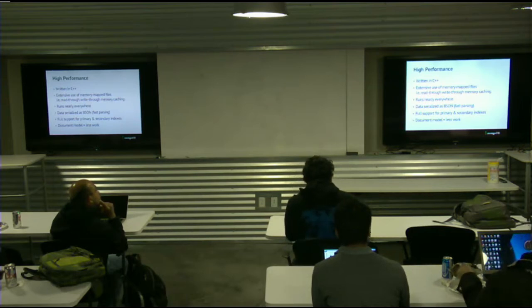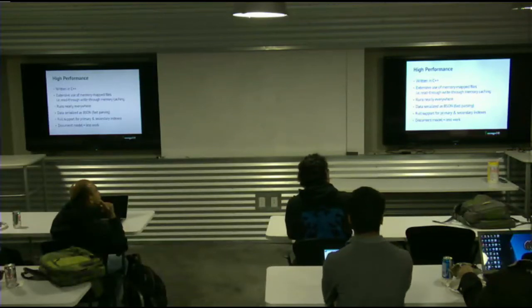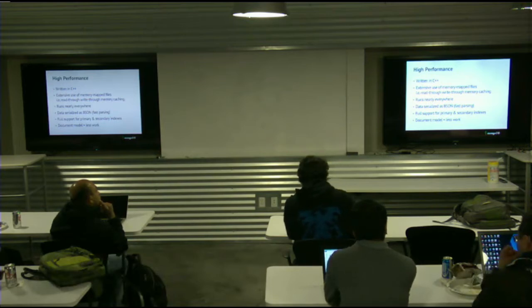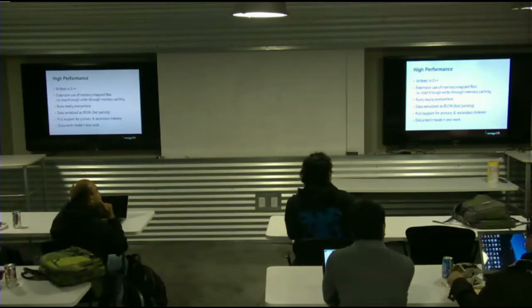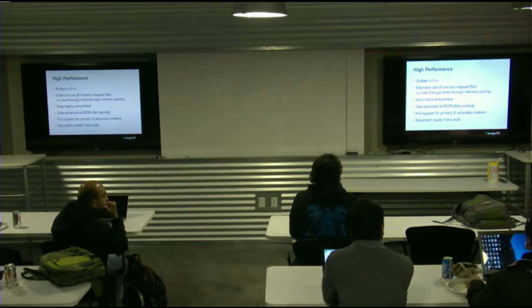Data is serialized as BSON. If you remember, I kept on talking about JSON. When you work with data back and forth, it feels like JSON, it looks like JSON. What it's actually doing in the background is using a data type we created called BSON. Think of BSON as a superset of JSON. We took the JSON spec, added a few formalized numerical types, added a formal date time type, and I think changed some of the way we encode it in binary to store it, but that's really it.